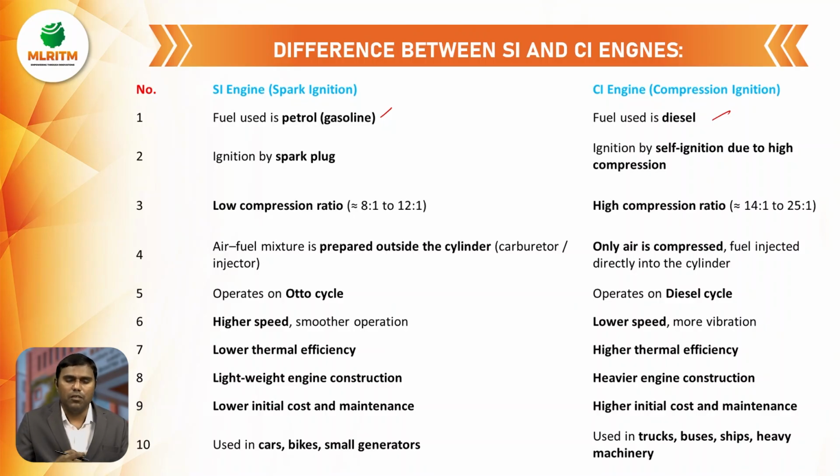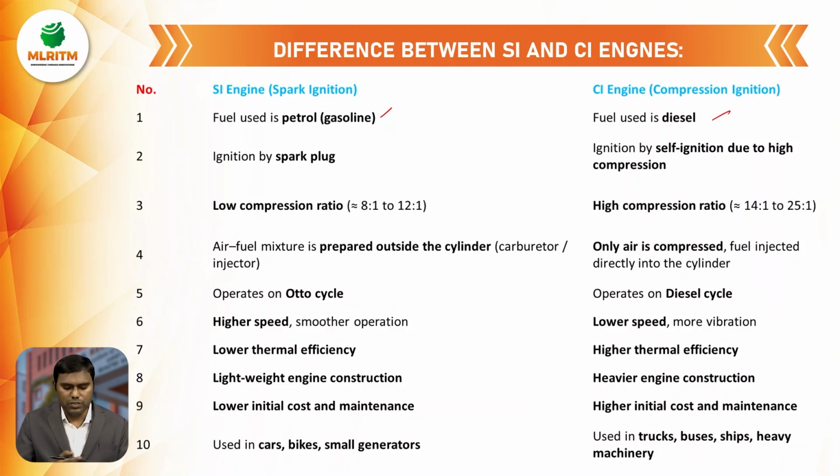Whereas in a diesel cycle, isentropic compression is the same, but we use a constant pressure heat addition process, then the third process is isentropic expansion, and 4 to 1 is constant volume heat rejection. So in SI engines, we use the Otto cycle principle, and in CI engines, we use the diesel cycle